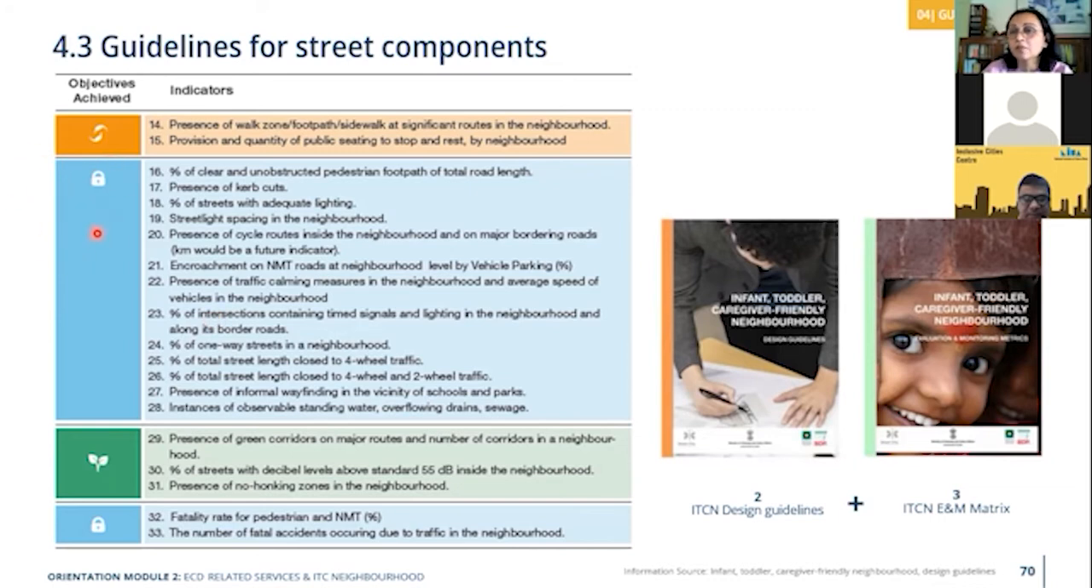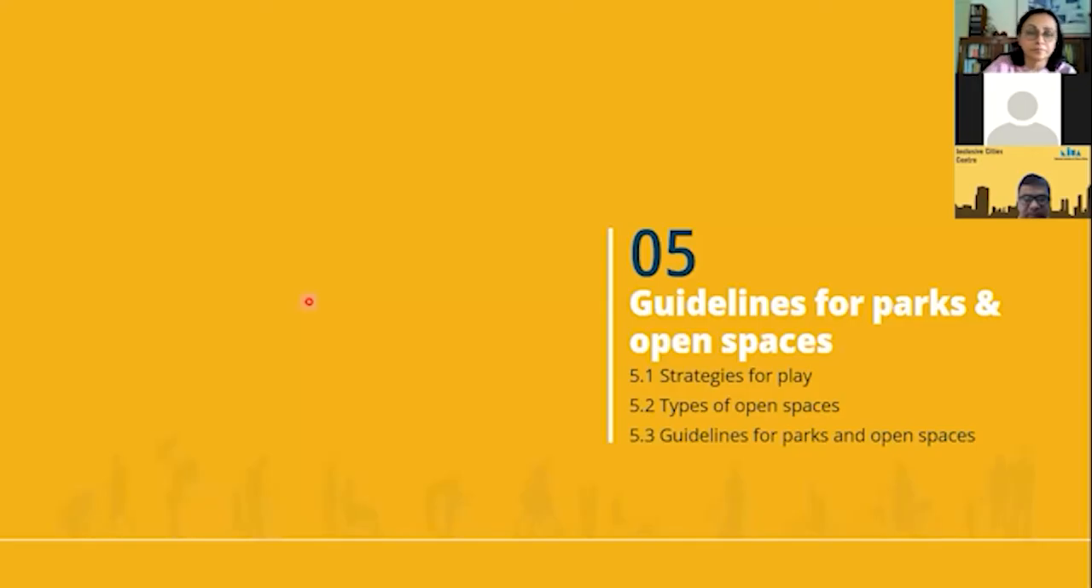Here the objective is to save street and the components that we just discussed, so we can measure it against the indicators. Now let's quickly come to the guidelines. Similarly for open spaces,